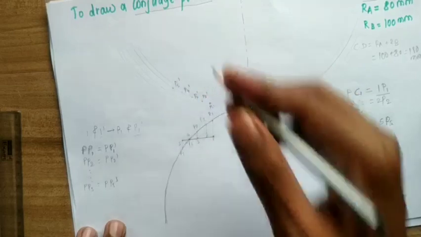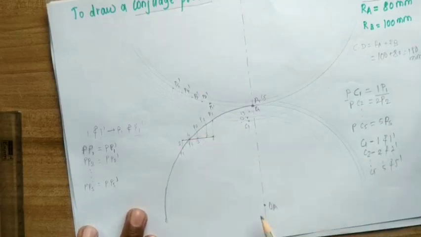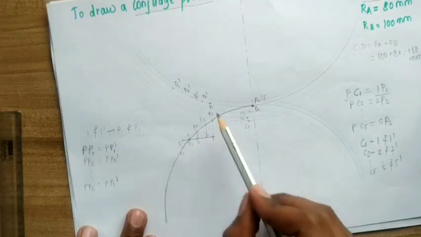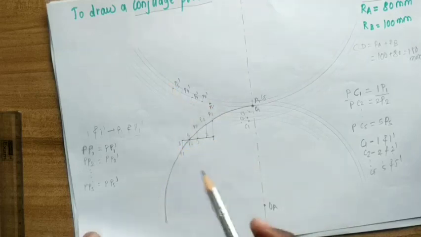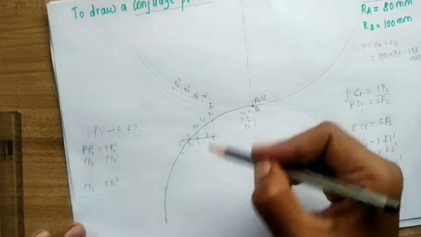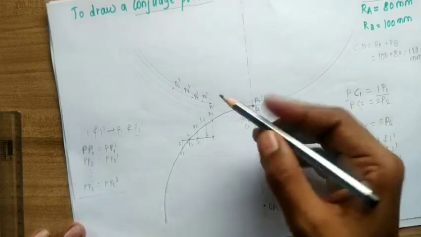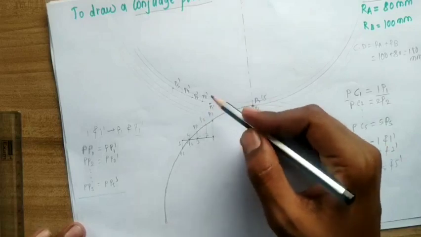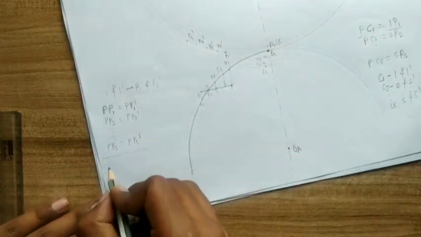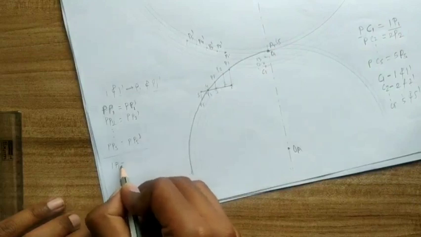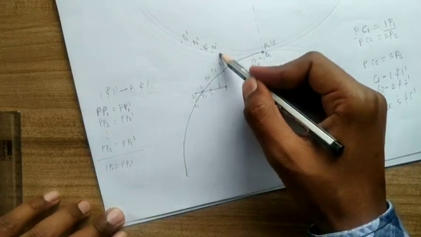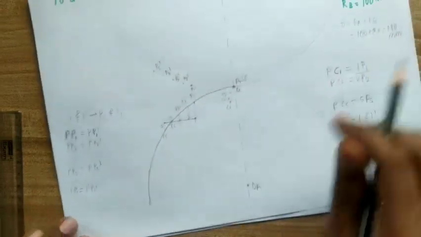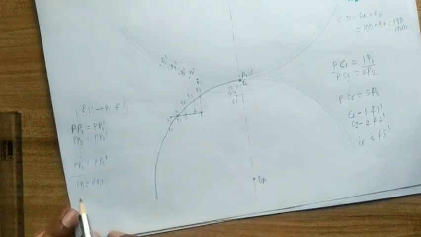Now the last step is remaining. See here, first on gear A, from 1 to 5 I found P1 to P5. Now I know P1 dash to P5 dash. How to get 1 dash, 2 dash, 3 dash, 4 dash, 5 dash? I will use the same procedure. The distance between 1 and P1 must be equal to that between 1 dash and P1 dash, because they are corresponding points. So if the 1 P1 distance is known to me, it must be equal to 1 dash P1 dash. Now 1 P1 is known to me, and P1 dash is known to me. Can I get 1 dash? Yes. So I use a distance equal to 1 P1, and from P1 dash, which is known to me, I will get 1 dash.